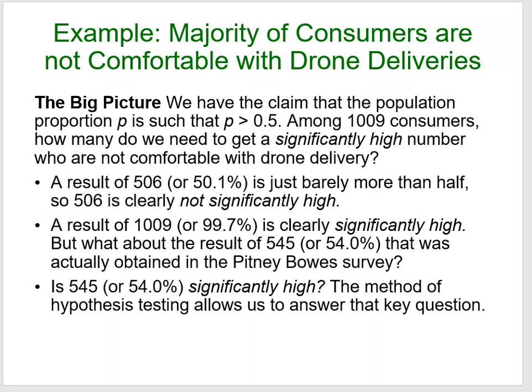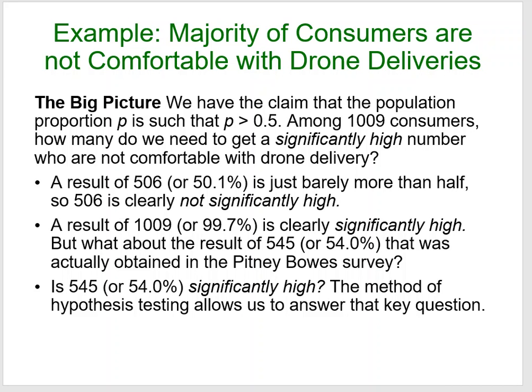Well, the big picture is, is that claim statistically significant? Is it significantly high enough to prove it? Okay, so my claim is that P is greater than 0.5. Now, if I get 50.1% in my sample when I run it, that's fine, but is that far enough away from 50% to give you confidence that the majority don't want a drone delivery? Probably not. On the other hand, if I got 99%,